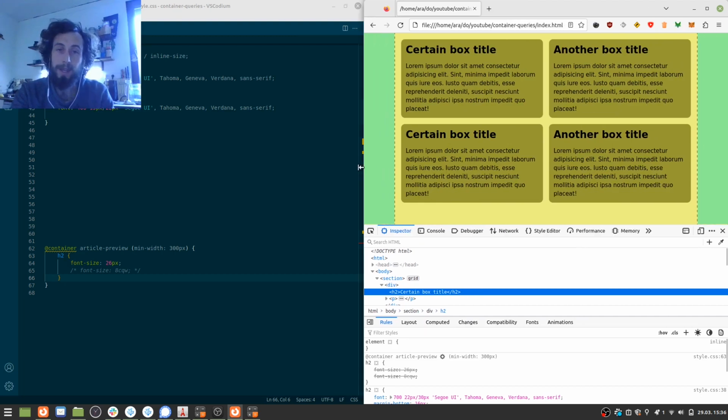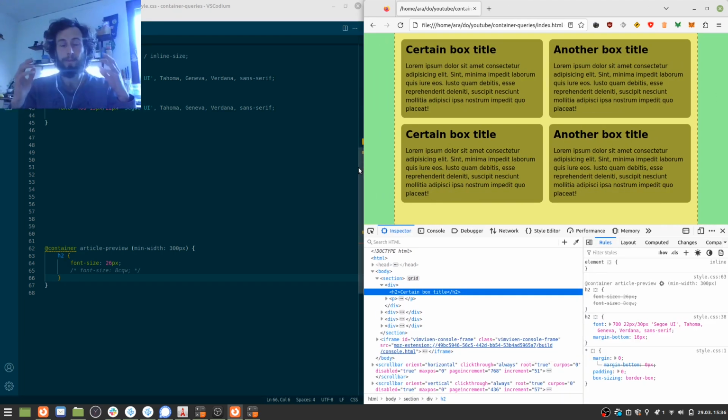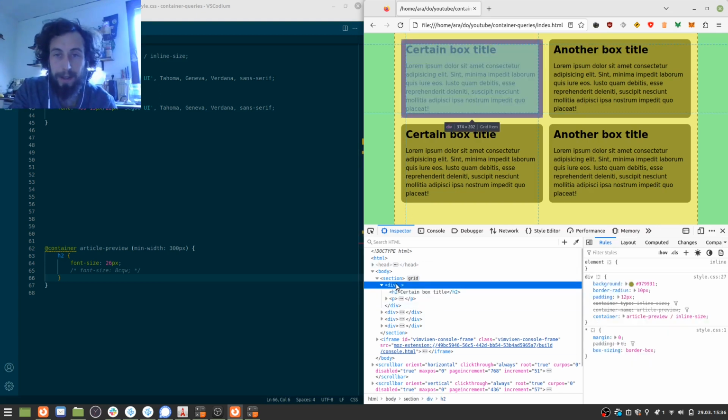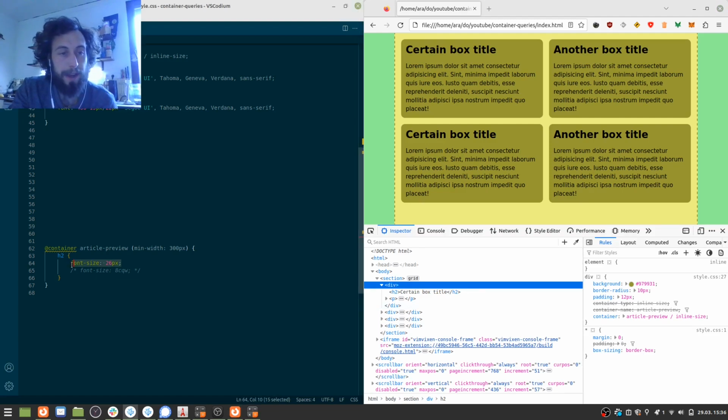I can use it as a component and code it in a component level and build the website from the components. And I don't have to care where they flow inside the document. Okay. And with the container queries, they also introduce several units based on the container queries. So for example, you can calculate the width or height of the minimum of those and combine them within the single container. So instead of font size 26, I can say